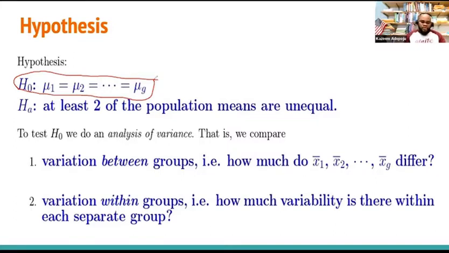Okay, the mean response is the same across groups. That's all it means. That's exactly what we want to test. Okay, now,